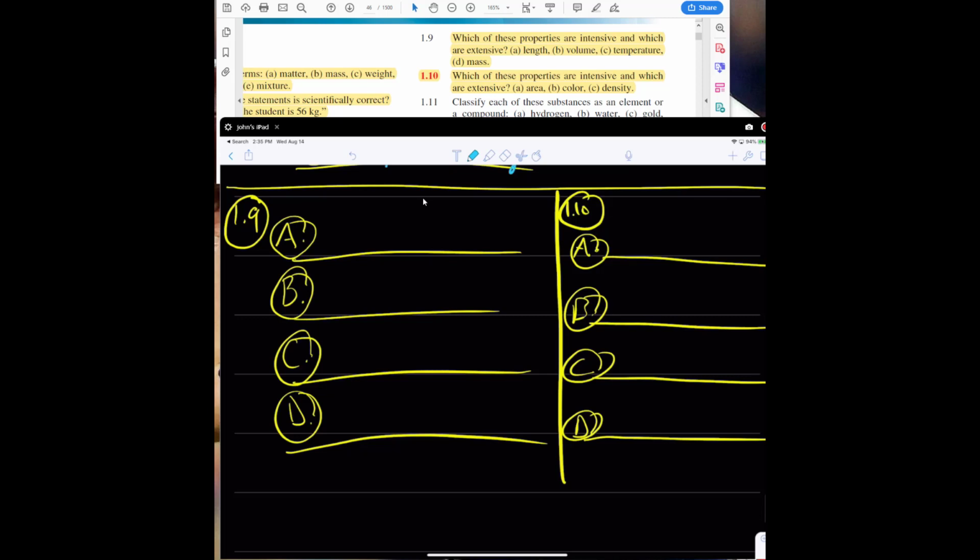Length does. Volume does. Temperature does not. Mass does. And with that being said, length would be extensive,